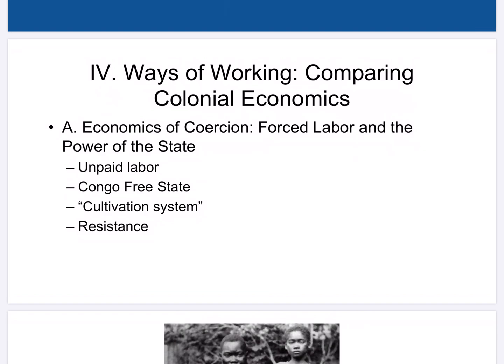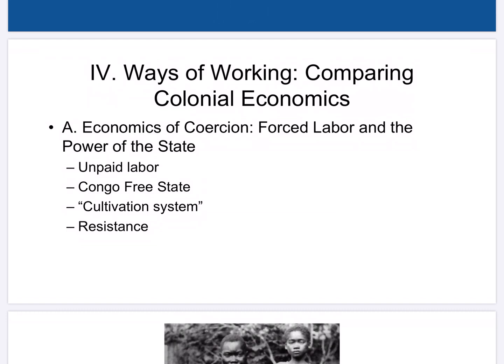Many colonial states demanded unpaid labor on public projects, and some of the worst abuses were in the Congo Free State. It was personally governed by King Leopold II of Belgium, and he facilitated a reign of terror that killed millions with his labor demands. Forced labor caused widespread starvation as people couldn't grow their own crops. And Belgium finally stepped in and took control of the Congo in 1908 to stop those abuses.